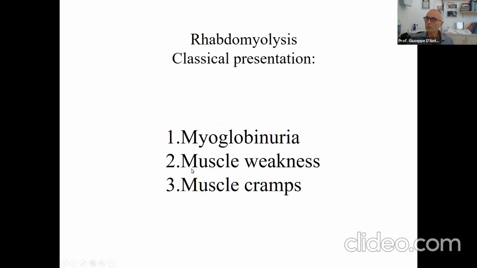So to understand what I'm talking about, I should go through the role of rhabdomyolysis in metabolic disorders. Rhabdomyolysis is a classical presentation that we can find in almost 50% of rhabdomyolytic patients in the childhood and in higher percentage in the adult. This classical presentation includes myoglobinuria with dark urine, muscle weakness, and muscle cramps. So, but what is